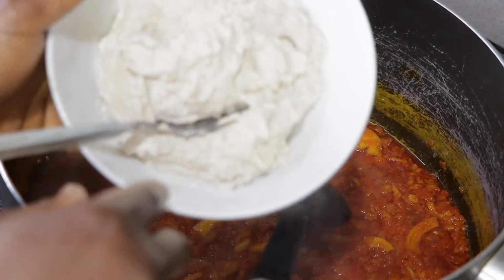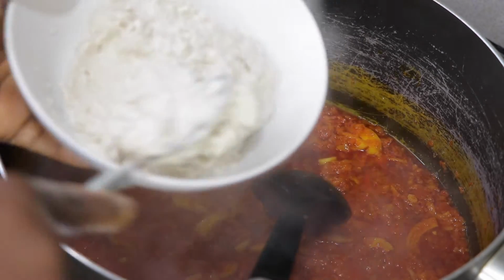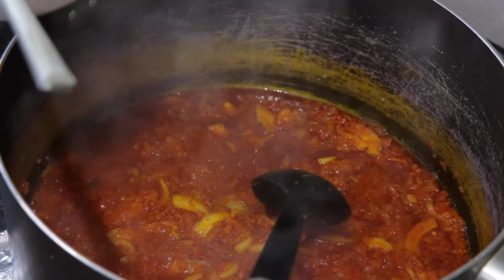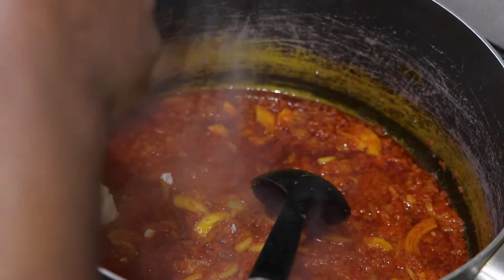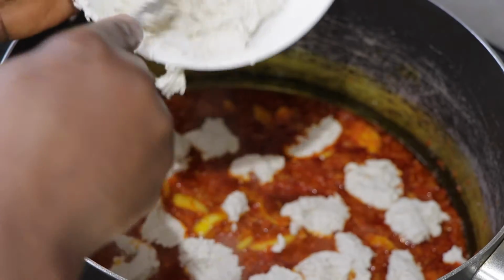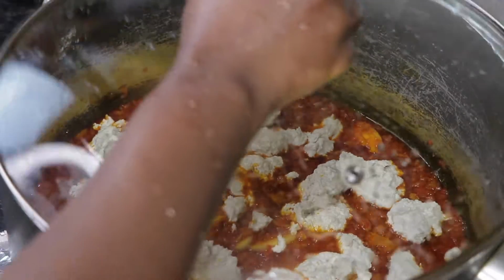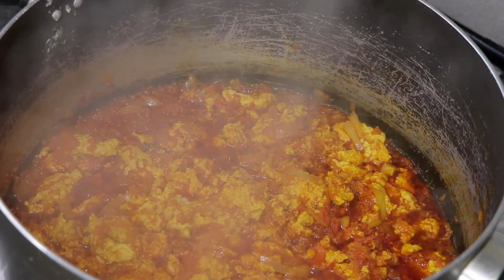So for this, if you want your egusi to come out curdled, like I have, you want to mix the egusi into a thick paste. The thing is, the thicker the consistency of the paste, the more scrambled or curdled the resulting egusi would look like. If you don't like curdled egusi and you like it more pasty and runny, just make your mix a bit runny. So scoop that into the pot, cover the pot, and just leave it to simmer on low heat